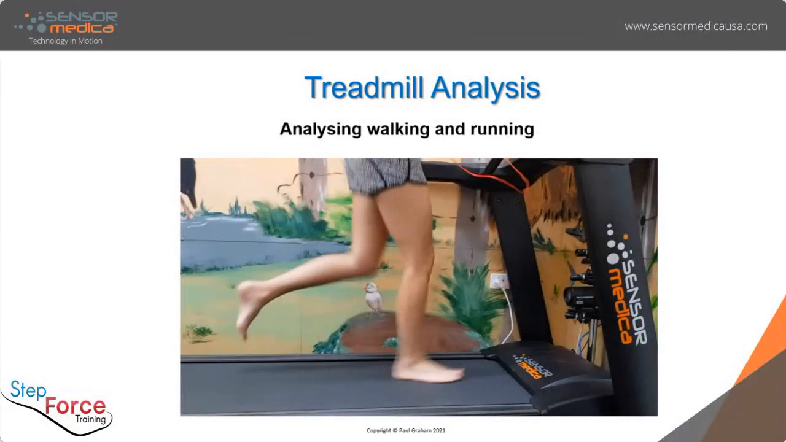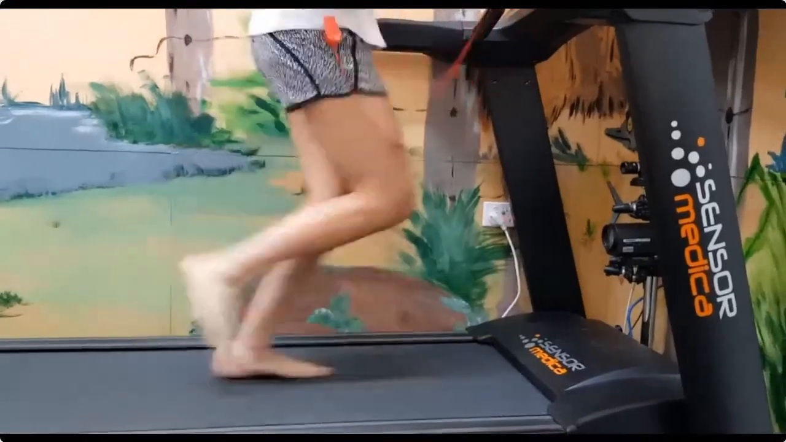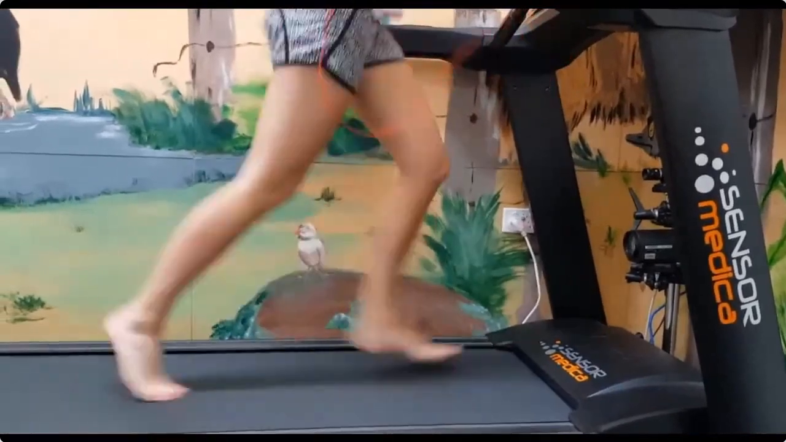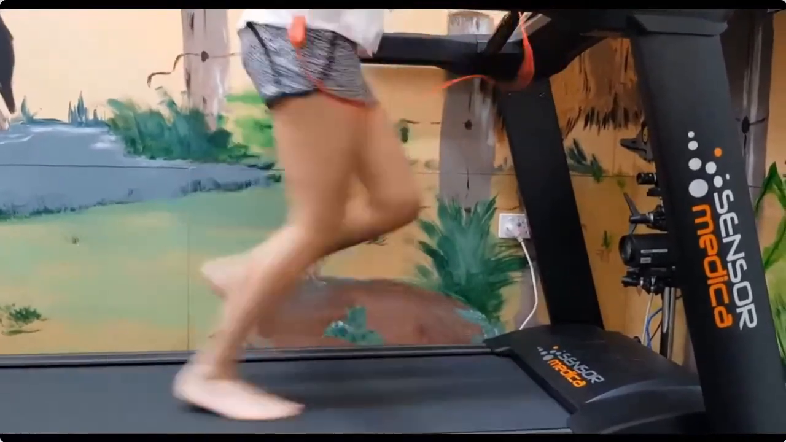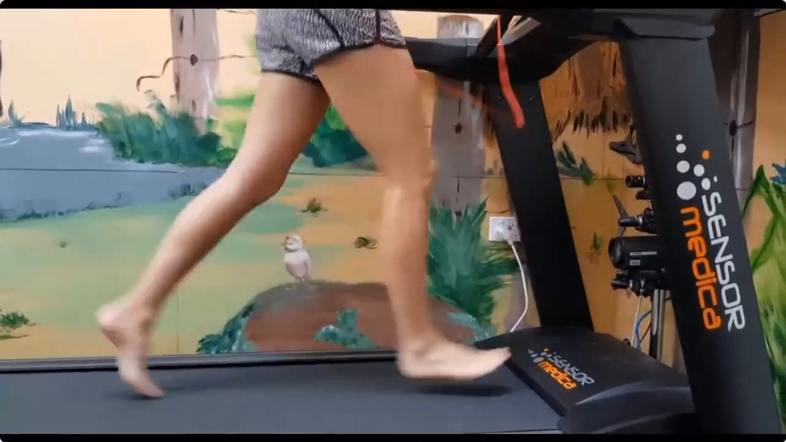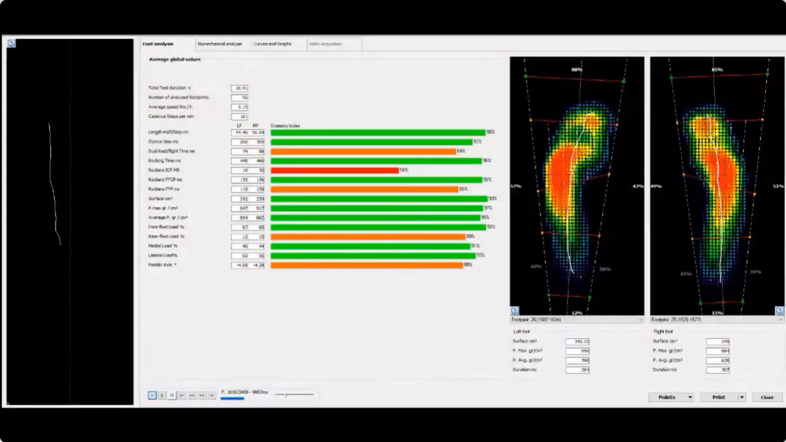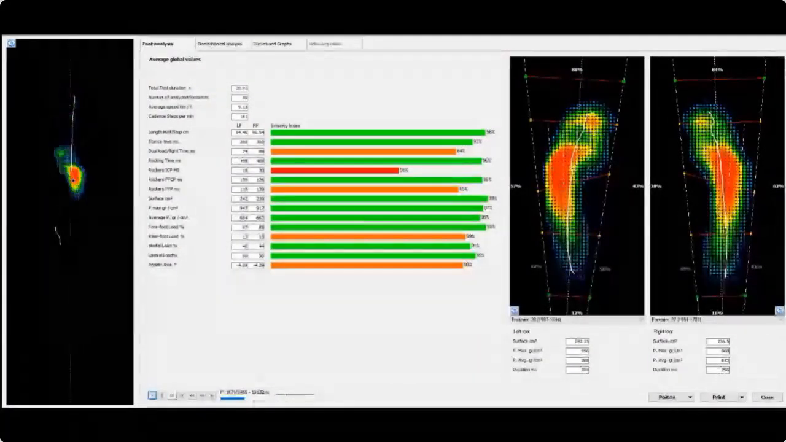So that was the mat system. We can actually also use treadmills with plantar pressure plates to pick up similar information. Of course, with treadmills, we can also see a person running as well as walking. So here we can see a video of a person running on the treadmill,